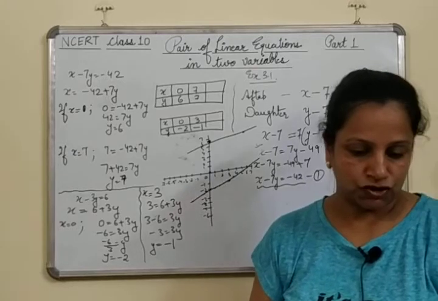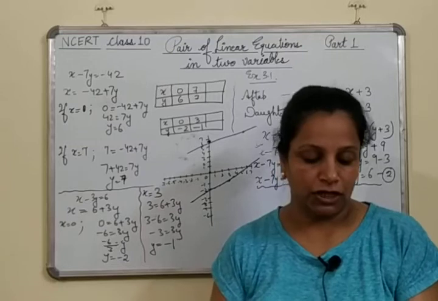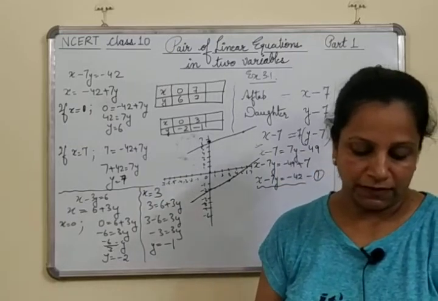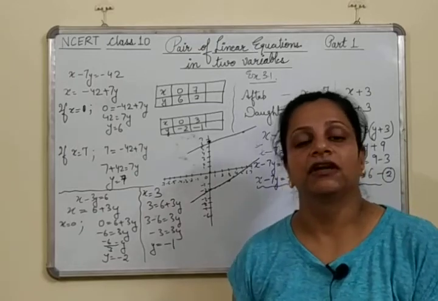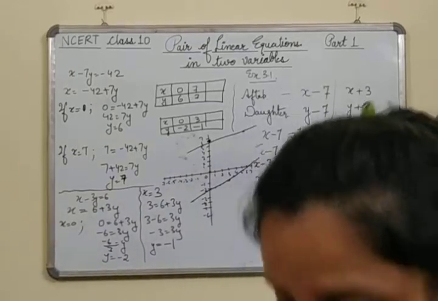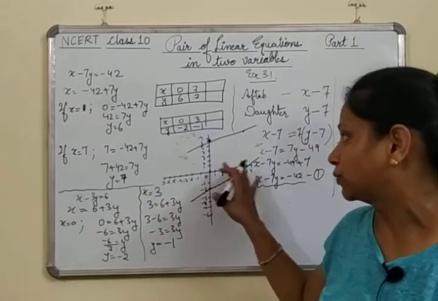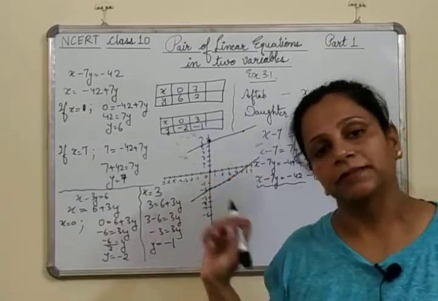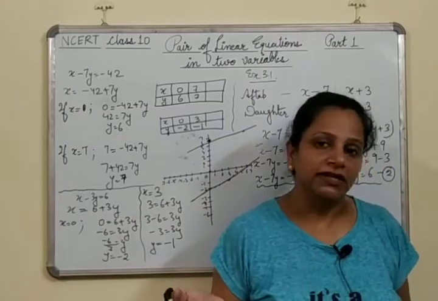Then the next topic that we have is the graphical method of solution of a pair of linear equations. This we will be starting. Okay. Next we will be starting with this only. Graphical method means graphical method. Just now we found it this way. Now we find the solution of these 2 equations by the graphical method. It means we will draw the graph, and after that we will find out the solution of the equations. Okay. So that I'll tell you in the next video.